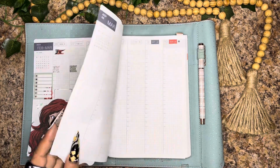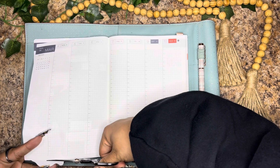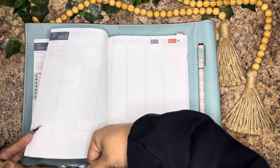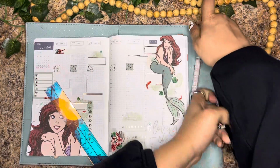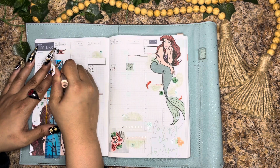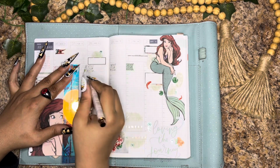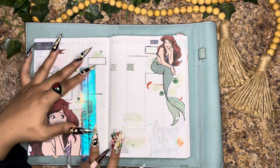Then I took this little fish and I added it next to the quote, and I think it looks so adorable. It works perfectly there because it takes up some of that white space. I am definitely going to mark my work schedule this week just to take some space again. Like I said, just making sure I can keep myself organized this week so I am not slipping into some kind of